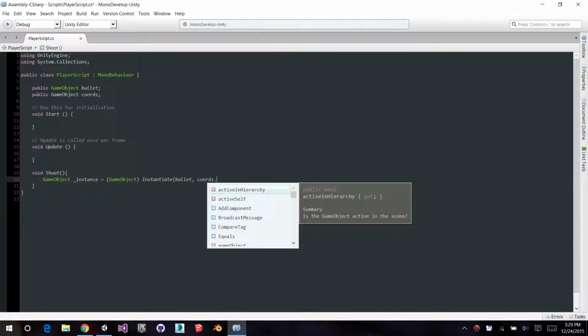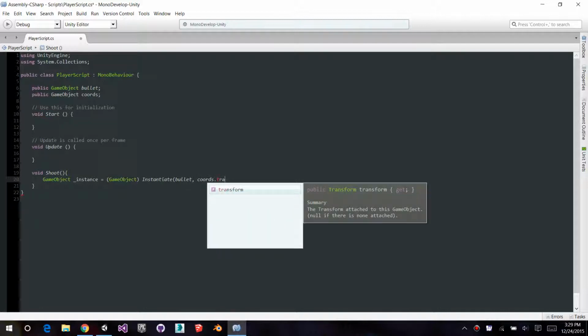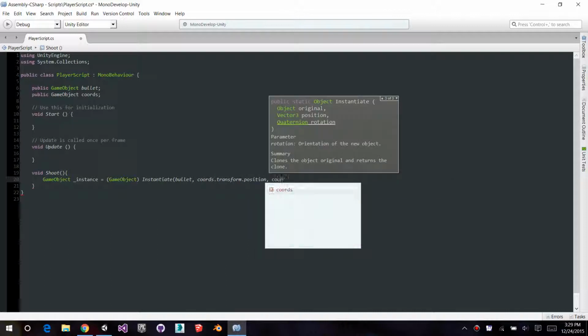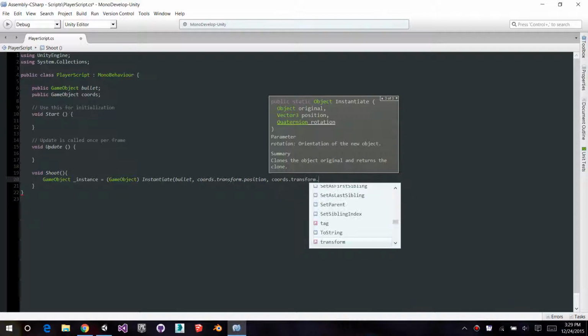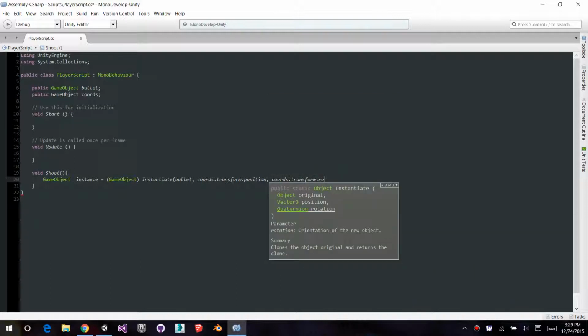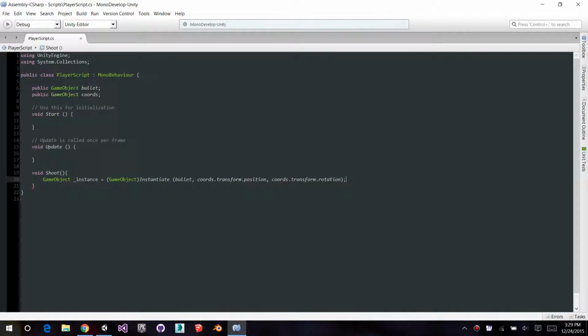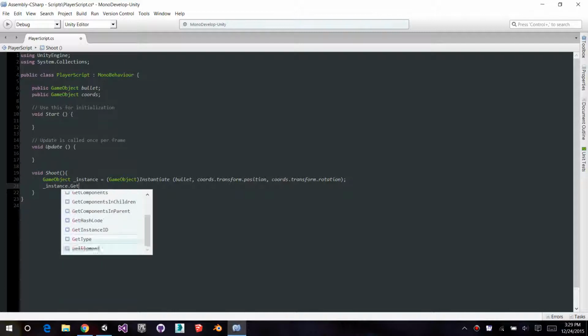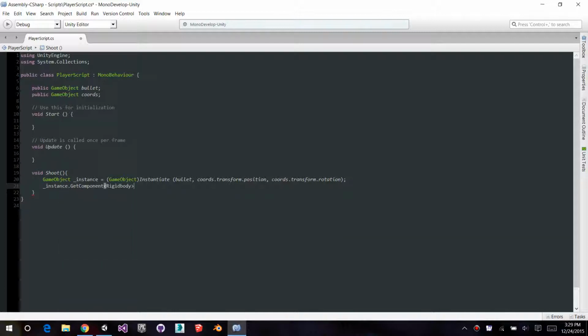So then we can say chords.transform.position, and then we'll just say, well, actually, in fact, we'll go chords.transform.rotation. There we go. After that, we want to apply force to our bullet, right? So we're going to say instance.getComponent, and then we're going to grab the rigid body. We're going to say add force, and we're going to say